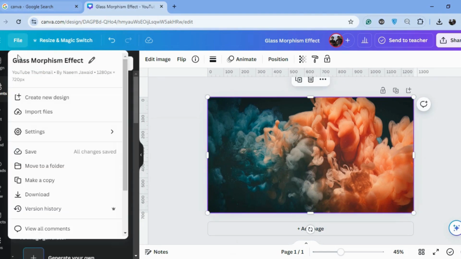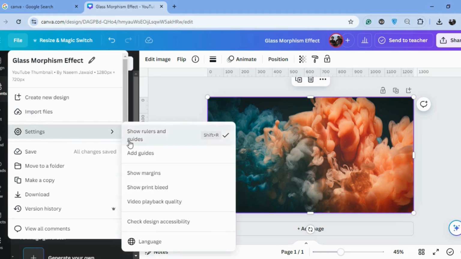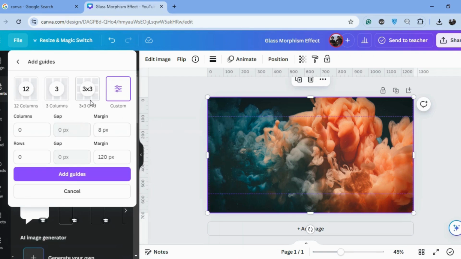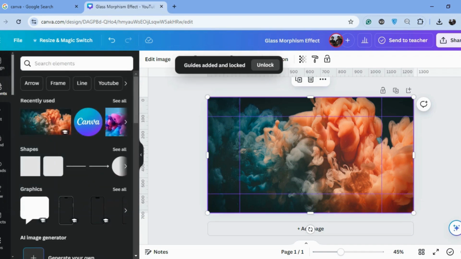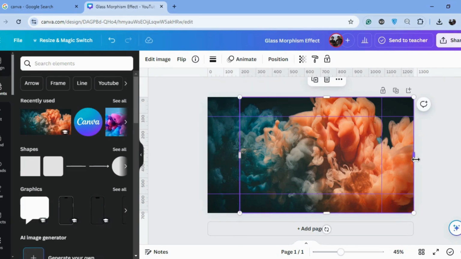Like this, and now go to file and select settings, and now go to add guides, and we will choose the custom option, and in the custom option we will select the margin 200 pixel and 120 and click on add guides. So here are the guides, as you can see the blue lines, and now we will decrease the size of our second